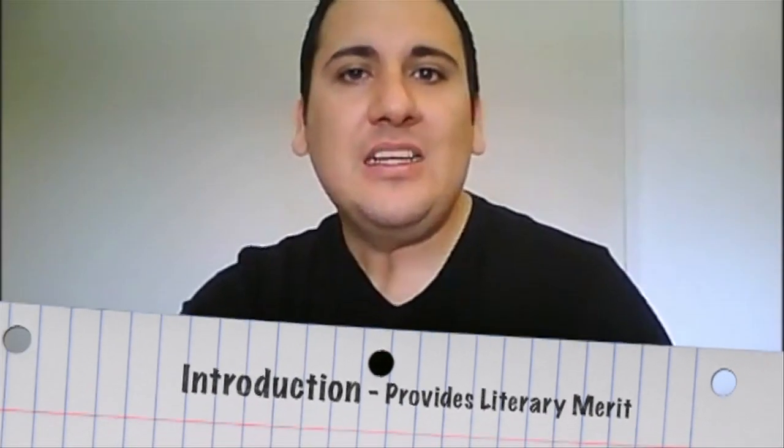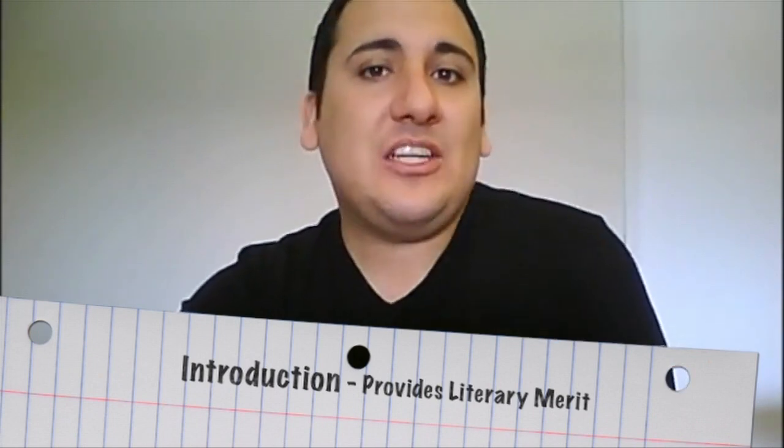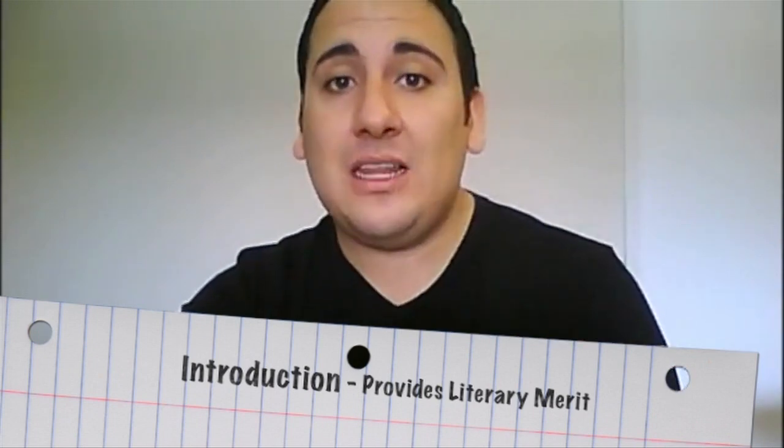The next thing that you want to look for in evaluating the round comes in the literary merit of what the student is performing. What I mean by merit is not necessarily that you're going to vote up a piece that's written by, say, William Shakespeare, but a lot of where you're going to be judging the merit comes from the introduction. The introduction provides the student the opportunity to tell you exactly why they think this piece is important to them and why it is that you should be listening or even watching them perform it.